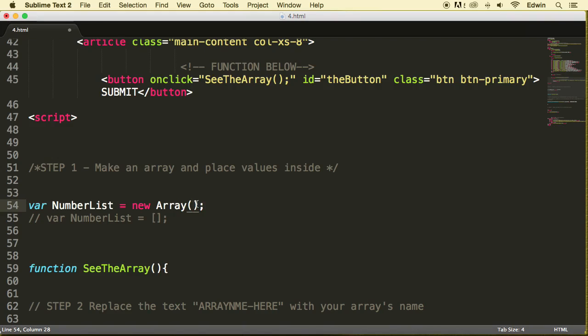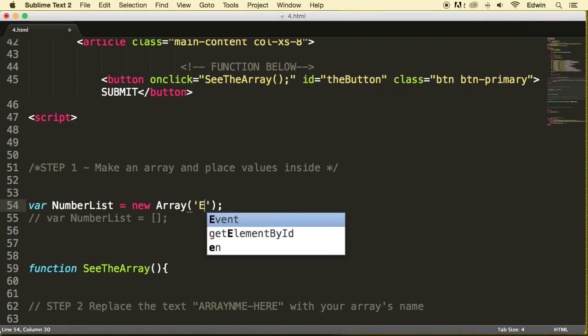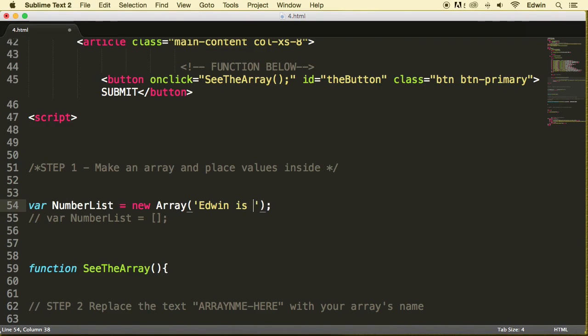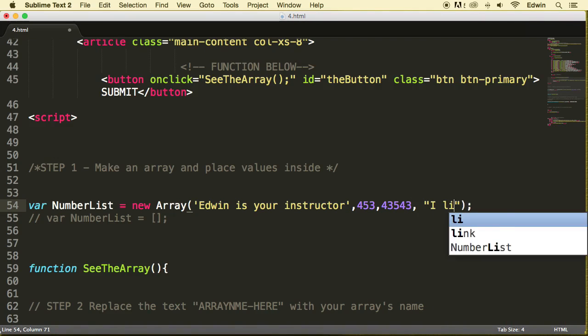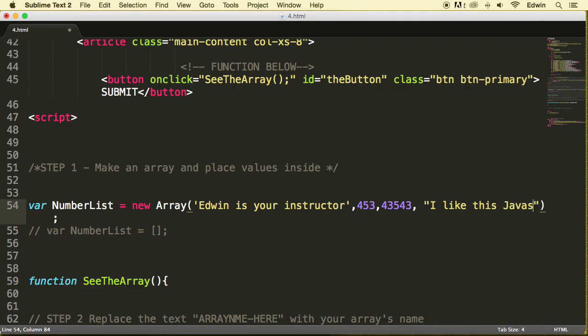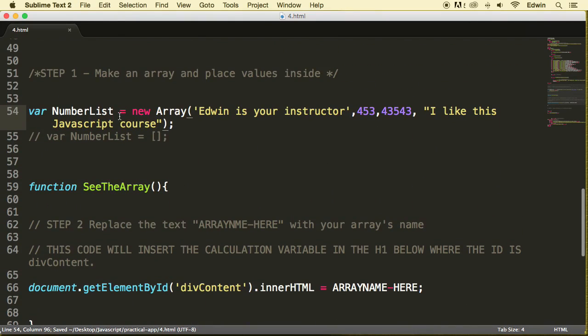All right, so we are going to assign it some values. I'm going to assign Edwin is your instructor, and then some numbers, another number, and I like this JavaScript course. All right, whatever. Now let's grab the number list name from the array